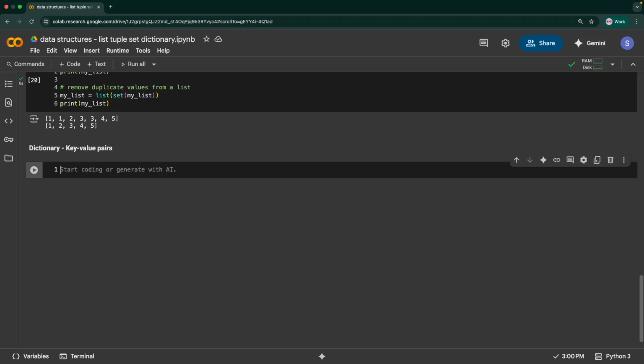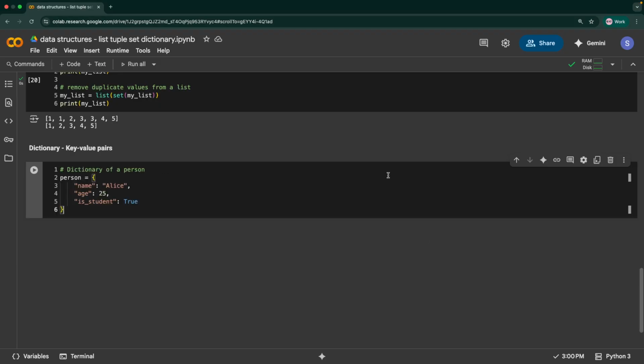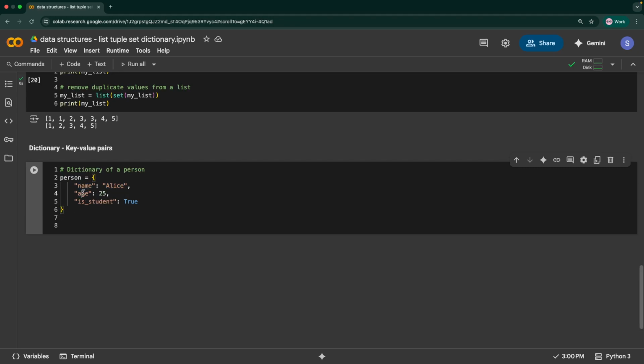Okay, let's understand this. Here I can create a dictionary like this. Person is the dictionary name. I can say name is Alice, age is 25, and is student is true. The left hand side strings are my keys, and the right hand things are my values. So name is the key and Alice is the value, age is the key, 25 is the value, and so on. So you have key and corresponding value pairs. The keys should not be duplicated, so it doesn't allow duplicate keys, whereas you can have Alice 2 times or 3 times. Values can be duplicated, but the keys cannot be duplicated.